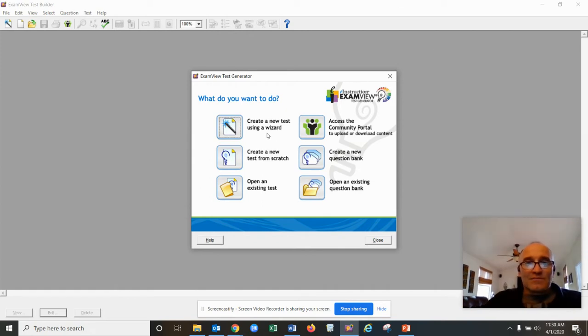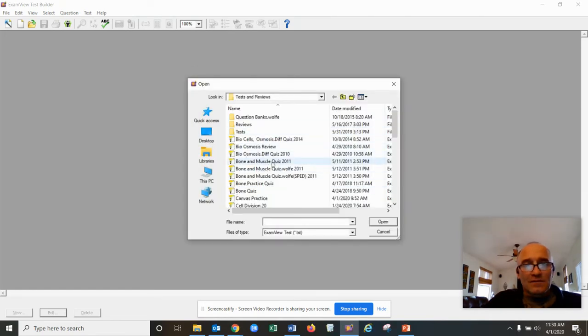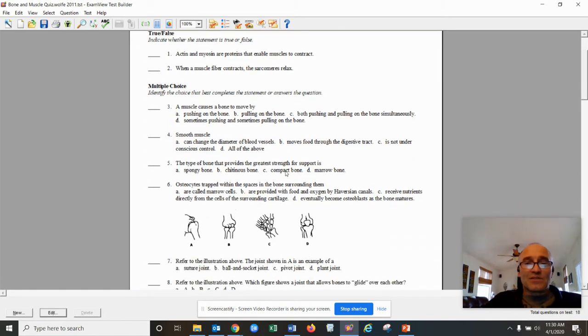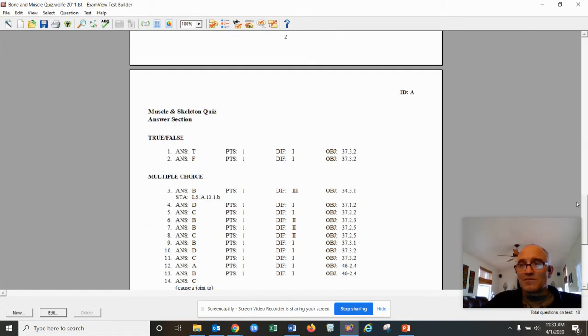So again, go to Exam View, or if you already had a test in Exam View, you could just open that up. So maybe I'll do that. Open an existing test. Let's do this one, a bone and muscle quiz. I'm going to open that up. So here's a bone and muscle quiz from